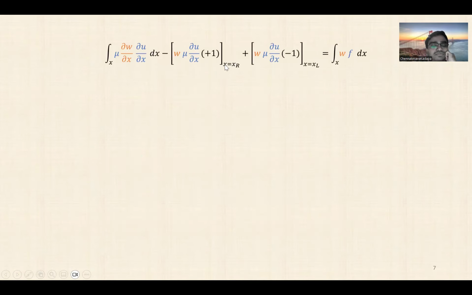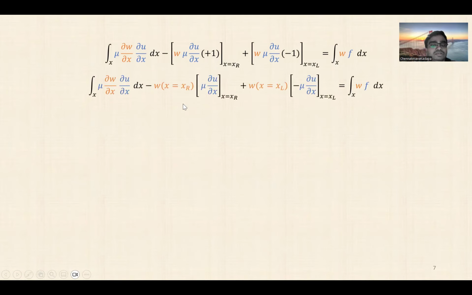Okay, so we start from after we substitute the normals, and then we have two terms here. One is w, the test function, and then this product of mu and ∂u/∂x. Okay, so we split in the sense that we apply this to both terms separately. That is, we evaluate w and we evaluate mu ∂u/∂x at x equal to xr. Similarly, for x equal to xl. Okay,